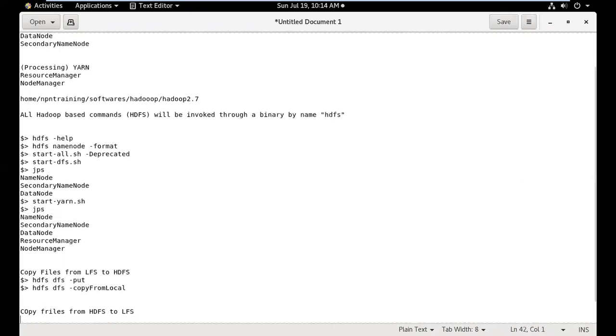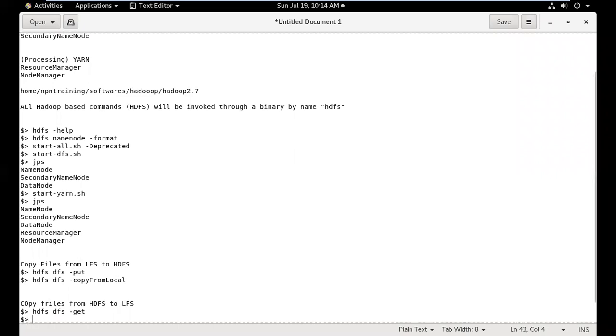That's what we are going to do. With the same command, instead of put, we will invoke get. And in place of copyFromLocal, you will invoke hdfs dfs -copyToLocal. This is the important thing. Any question before I proceed?